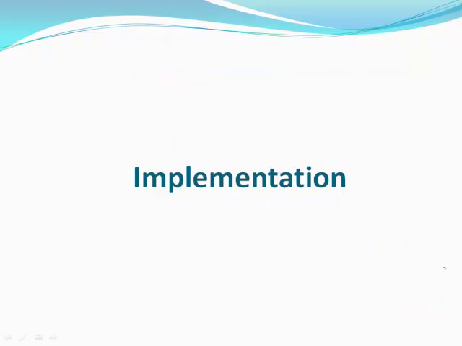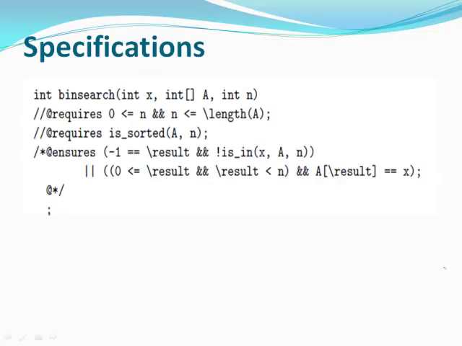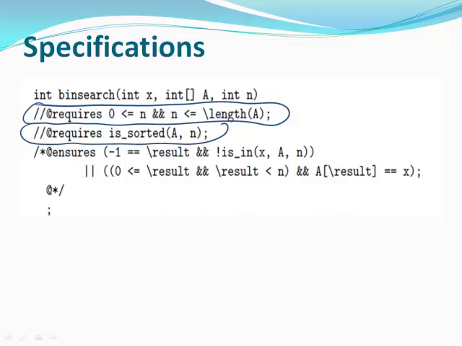So let's talk about the implementation of this kind of algorithm, a divide and conquer type algorithm called binary search. The first thing we're going to do is start with the specifications. Our specifications are the same as the linear search, where we require n to be between 0 and length. We also require the array to be sorted, which is a precondition. So we have 2 preconditions